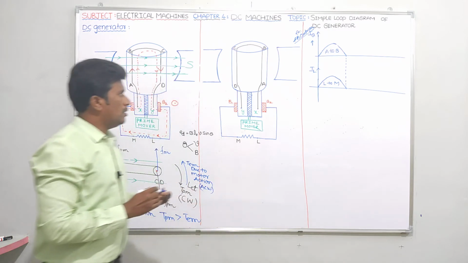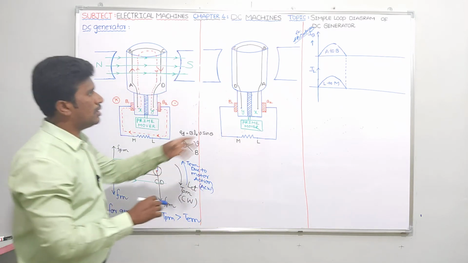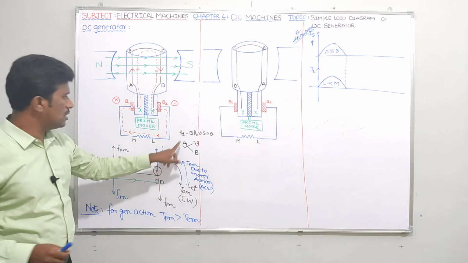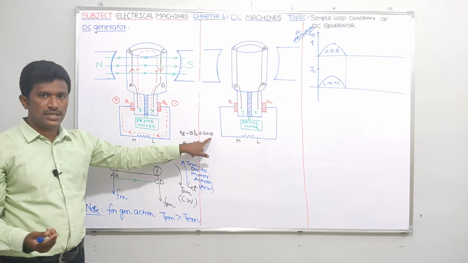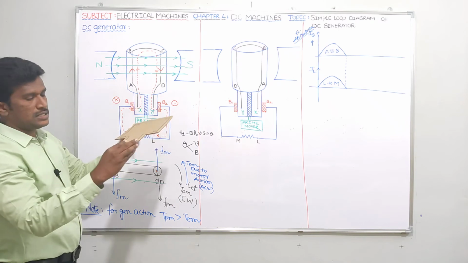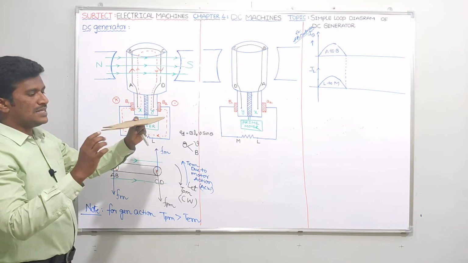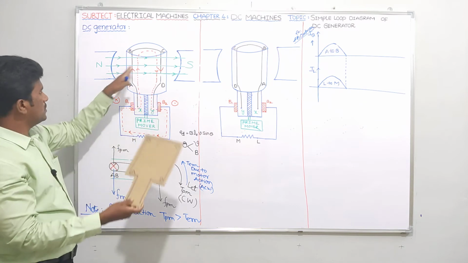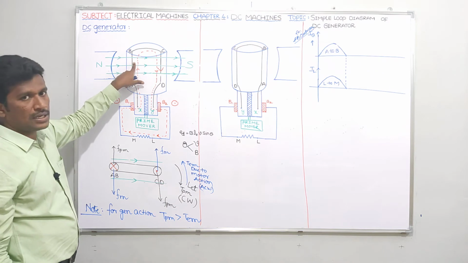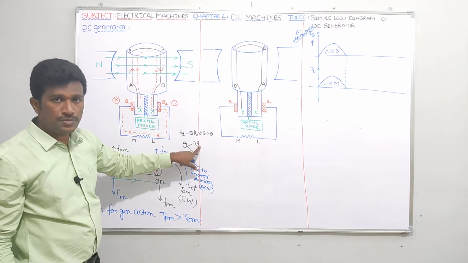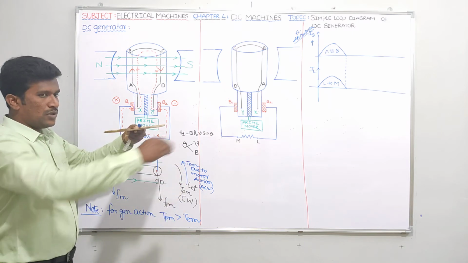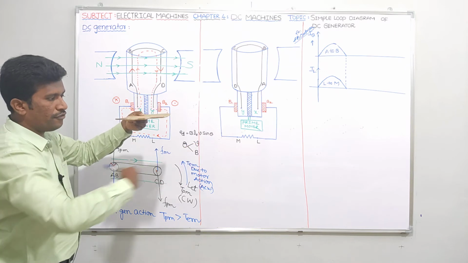See here, very simple. You may get one doubt: sir, how have you drawn it at zero angle, what about 90 degrees? Because you know armature induced EMF will be maximum when it is 90 degrees. Yes or no? As I told you, suppose you take the ABCD conductor like this and rotate it. Initially, what is the angle between the linear velocity of the conductor and the magnetic flux density? If I place it like this, magnetic flux lines are going like this. This is the arrow mark for the direction of the magnetic field.